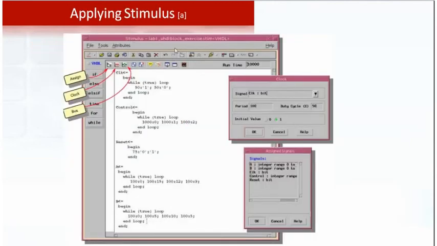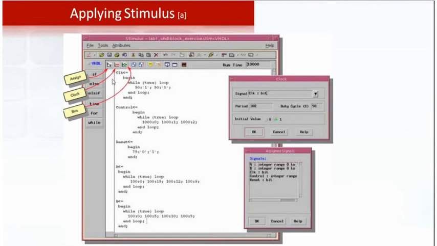This is applying stimulus. As said earlier, textual-based input stimulus can be generated, and that can be applied in our simulation part. And for doing this sort of stimulus, instead of typing, we can use these icons. This one assigns a particular value to a signal.